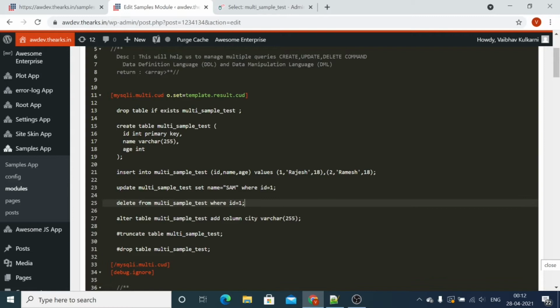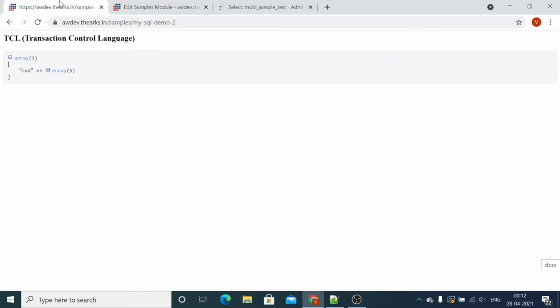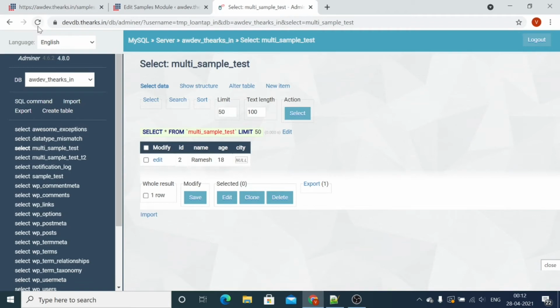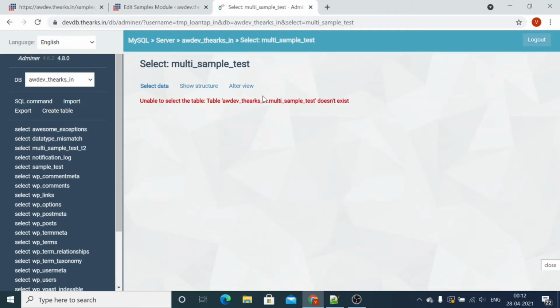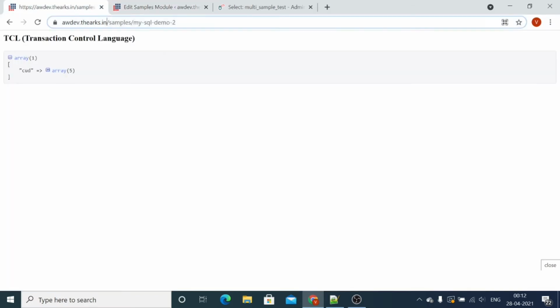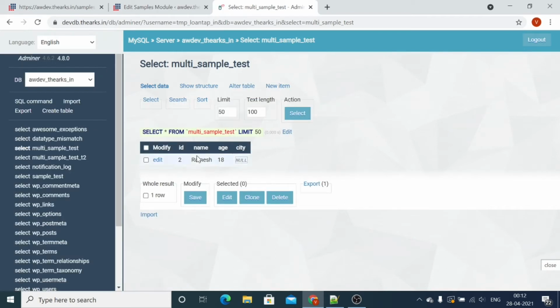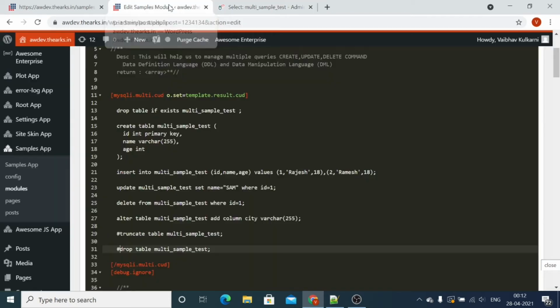Now let's truncate the table and then drop the table. So this will execute, and as the result you can see the table no longer exists because we executed the drop command. Now let's comment this code and create the table once again. Now you can see the table exists with one record.